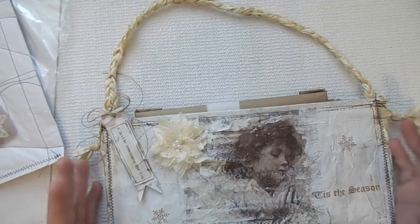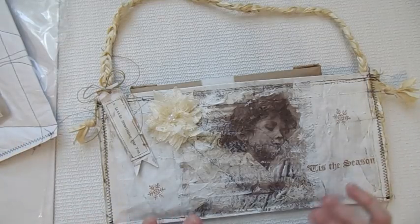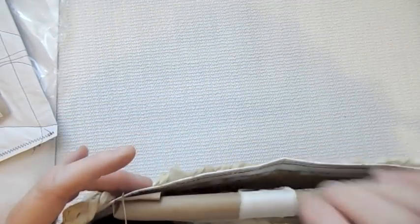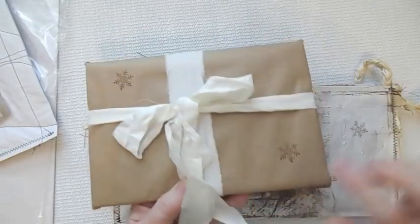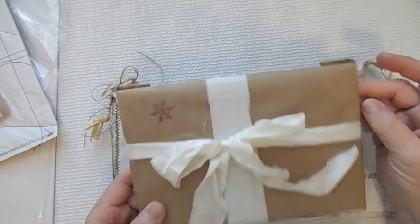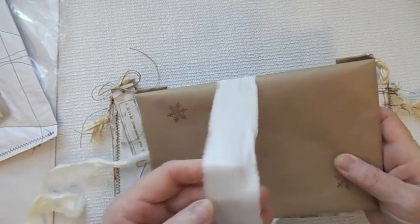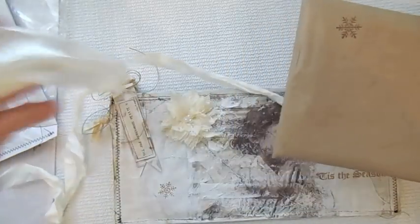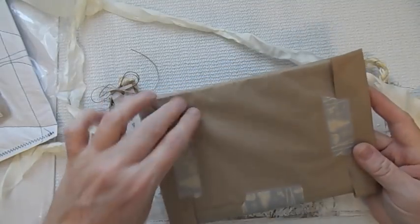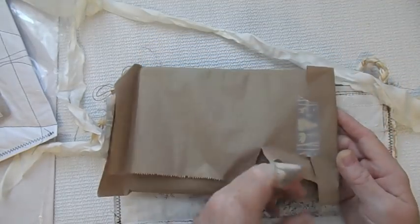Everything I'm doing on this 12 weeks of Christmas is to be inexpensive, quick gifts. So this did not take me long at all to put together. When you open it up, I did put a little package in it, and I stamped it. This is some of the white sari silk. This is just masking paper that you can pick up at Home Depot or Lowe's or any probably home improvement store. I used some Christmas washi tape to wrap this. And when the recipient opens it,